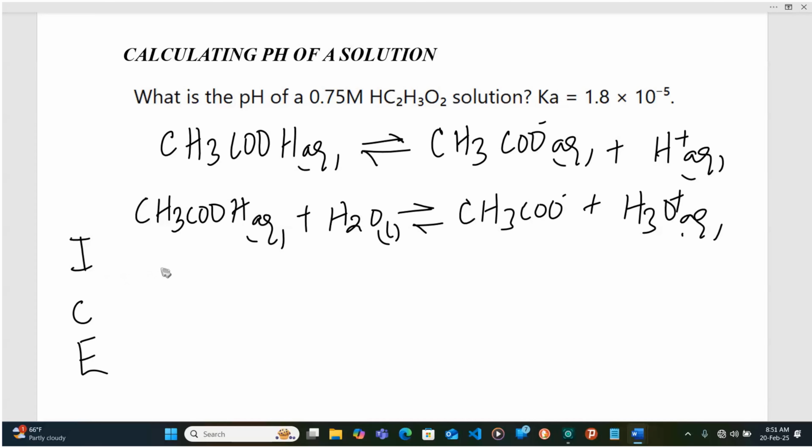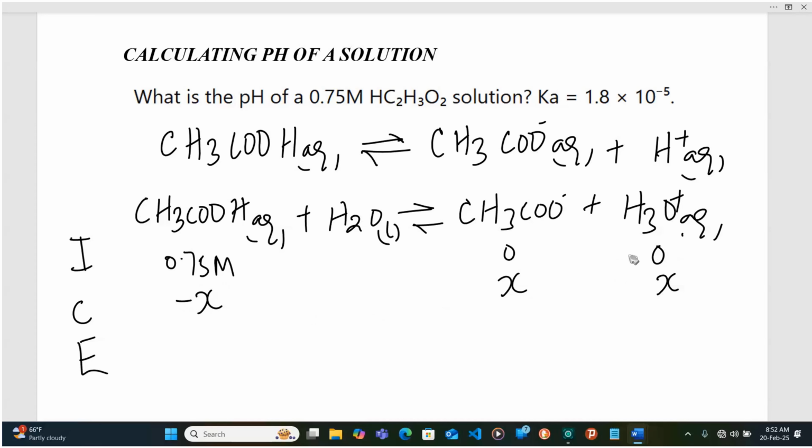We want to look at initially what is the concentration of hydrogen ions. When the dissociation has occurred, what is the change in the concentration? And then at equilibrium, what is the concentration? So initially we have 0.75 molar and then we have 0 of this because it hasn't dissociated. And then after dissociation, we are going to assume that we formed X moles of hydrogen ions and X moles of ethanoate ions, meaning here the change is going to be